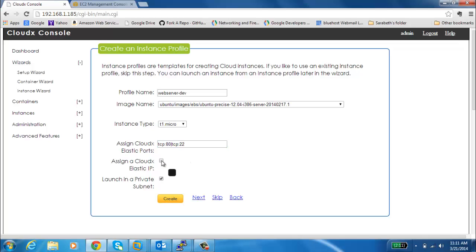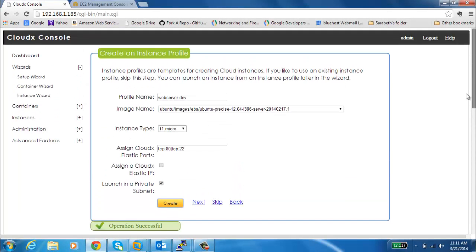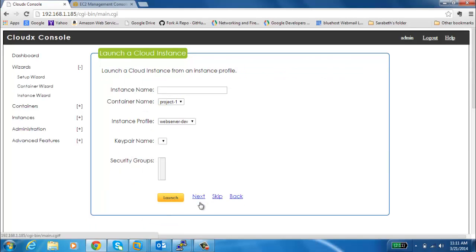So I'll uncheck using elastic IP, and this instance is going to run on the private subnet. So now the instance profile has been created. Once the instance profile is created, you can use that profile to launch instances over and over. So for the first instance, let's say we call this